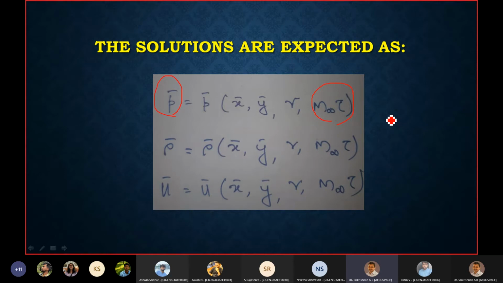What we see here is that we can express it as a function of the non-dimensionalized values of x, y, and gamma, and the product of M infinity and tau. Now, if I have this solution for two different conditions, case 1 and case 2, assuming that we have two geometrically similar conditions, then what this statement says is that